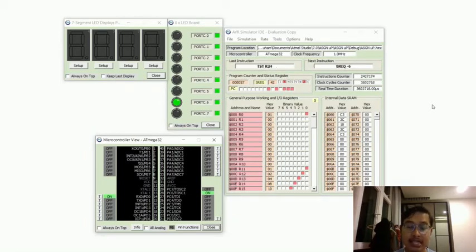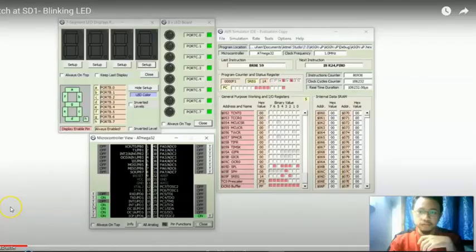That means the LED is blinking from port C1 to port C2, port C3 until port C7, and it